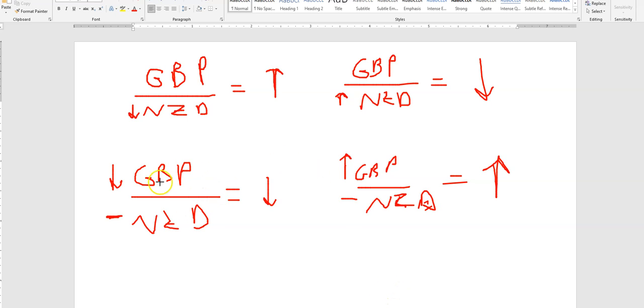All right. So anyway, what I'm trying to say here is these ratios are measuring the relative change of the Great British Pound in comparison to the New Zealand dollar. So if this is going up faster than the New Zealand dollar, so for example that only goes up 1 bar and that goes, so this is increasing faster than this, you're going to get an increase. If this is increasing but this one's decreasing faster, you're going to get a decrease. So it's a relative measurement of the change in price in the Great Britain Pound compared to New Zealand dollar. So that's why when you look at these charts,